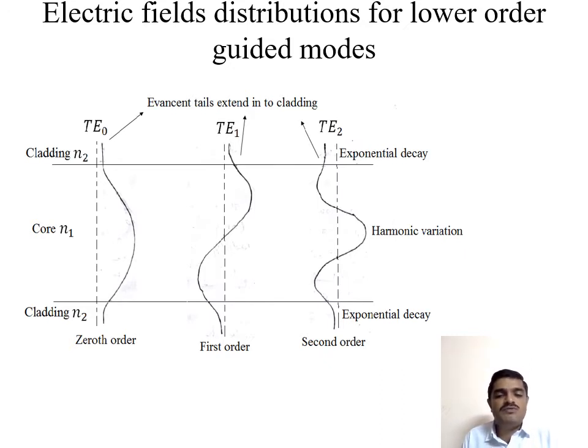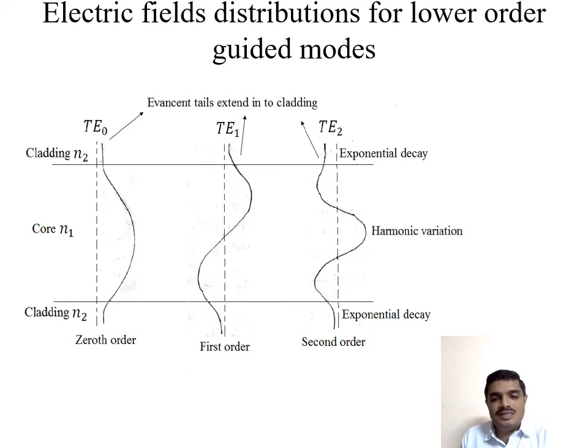Then slowly we come to the first order mode. A certain part of the energy propagates along with the core, with a steeper angle. So there is continuous rising and falling. You see here, this is the zeroth level, then rising, then again it comes to the zeroth level, then rising, then again it comes to the zeroth level. That is why we represent continuous rising and falling in the first order mode. Coming towards the second order mode, compared to the first order and zeroth order, harmonic variations happen. Harmonic variation means sudden, continuous changes happen.